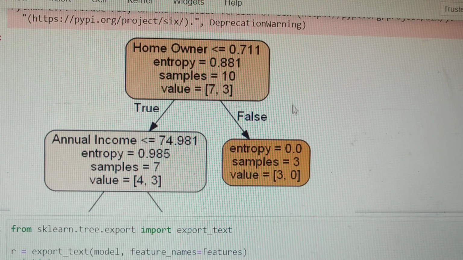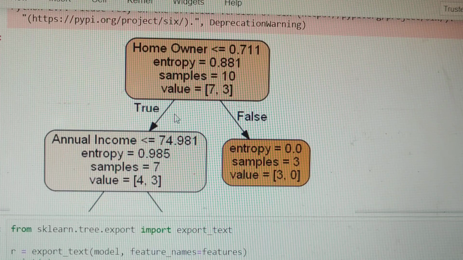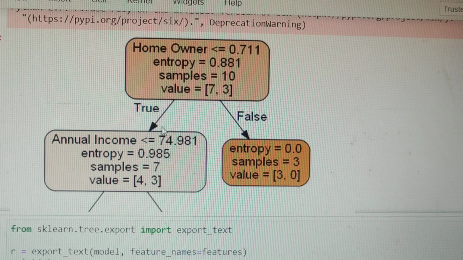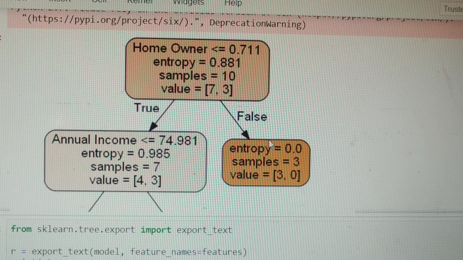So now your decision tree, you already know that you have a left arm and a right arm. On the left hand side you have true, and on the right hand side you have false. The first splitting criterion it has taken is homeowner, and if the value of homeowner is less than or equal to 0.711, basically they have got 10 samples.